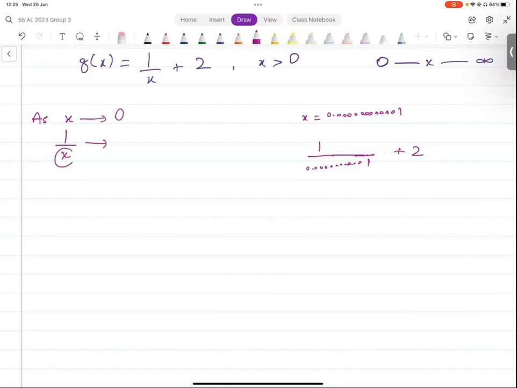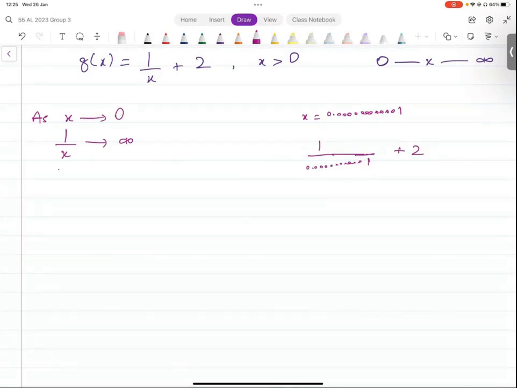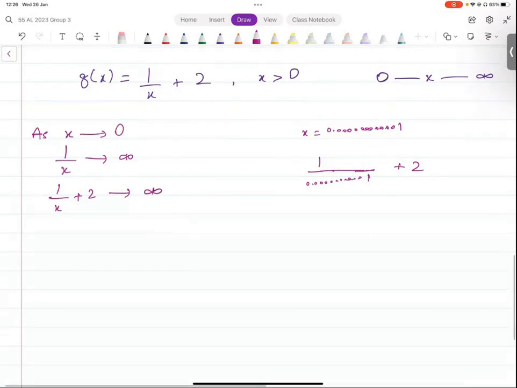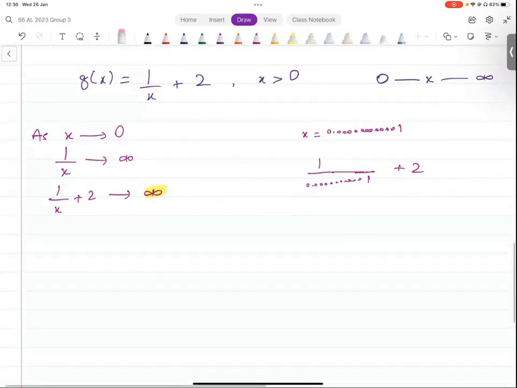1 over x क्या होता है? जब x की वैल्यू 0 के पास जाएगी, 1 over x is going to approach infinity. ठीक है? 1 over x अगर infinity की तरफ जाएगा, what about 1 over x plus 2? Infinity में 2 ऐड कर दें. That's still infinity, right? That's still a very large number. Infinity का मतलब है it's something very large. You add 2 to something extremely large, it's still something extremely large. So x आपके पास एक ये आपके पास लिमिट आ गई, दैट इज इन्फिनिटी। वाई एक्सिस के ऊपर आपकी वैल्यू जितनी मर्जी बड़ी हो सकती है। अगर एक्स की वैल्यू बहुत छोटी है तो वाई की वैल्यू यहाँ पे बहुत बड़ी हो सकती है। अच्छा, सो एक तो हमने देख लिया जीरो पे क्या होता है, ठीक है।